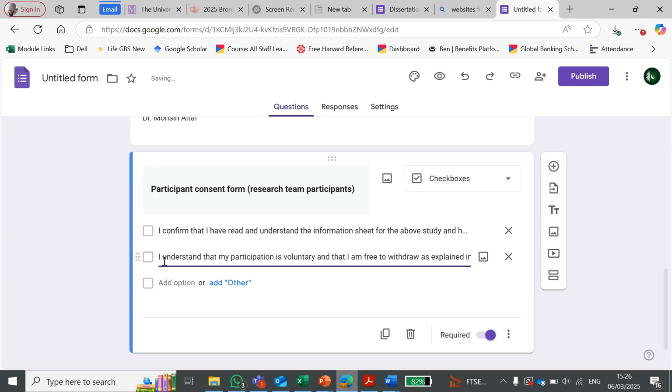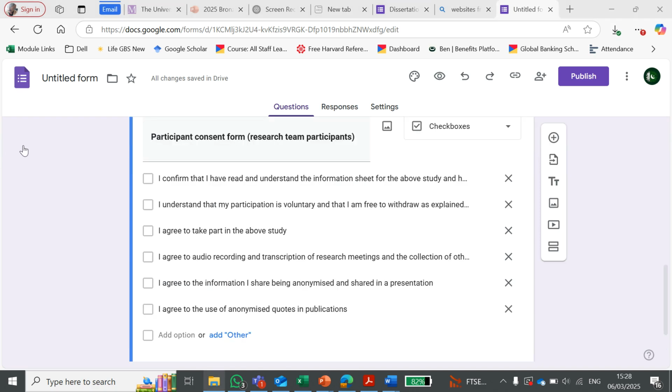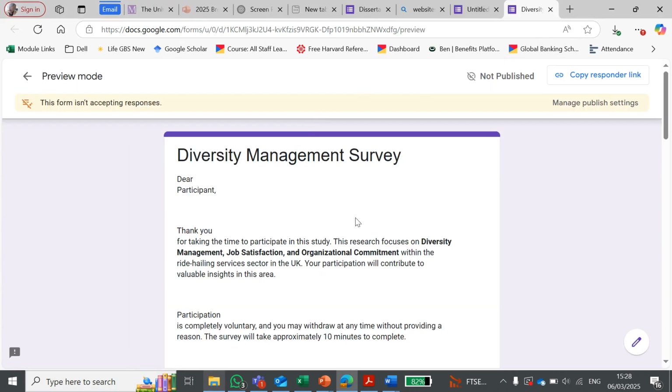This one is my second consent which I need from my participant, that participation is voluntary and free, meaning we didn't pay for any participation. So I pasted all the responses here in the consent form, and if you again preview this